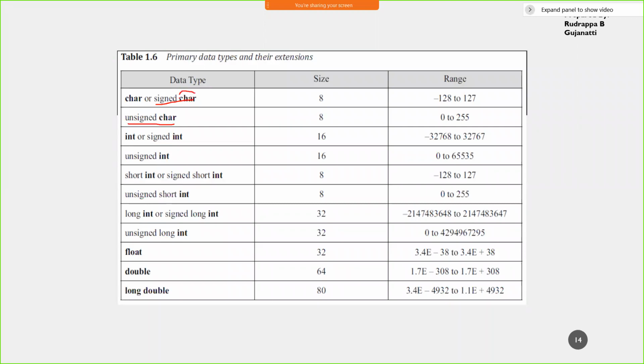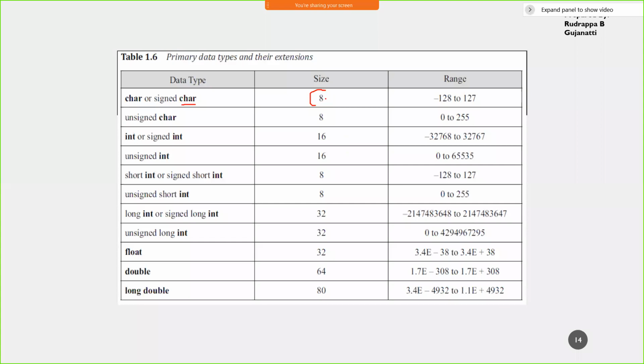Here, assume that a character consumes 8 bits. On some machines, int will be 8 bits and float will be double that, and in some cases int will be 16 bits and float will be 32. We'll stick to this one for the discussion. In this case, character will not change. Character will be 8 bits.